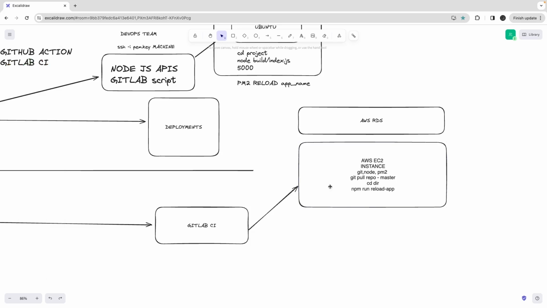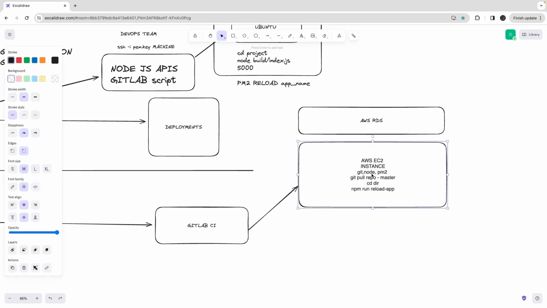The first one, git clone, is easy. But when we are working on multiple environments, we have to pull a particular branch only, right? Like deploy dev, deploy QA, deploy master, and we have multiple branches. So if it is deploy dev, pull the latest changes from the develop branch, and for master, pull the latest changes from the master branch, and then